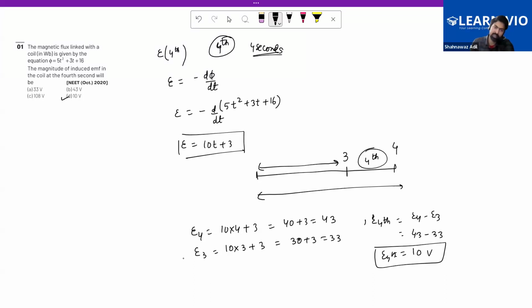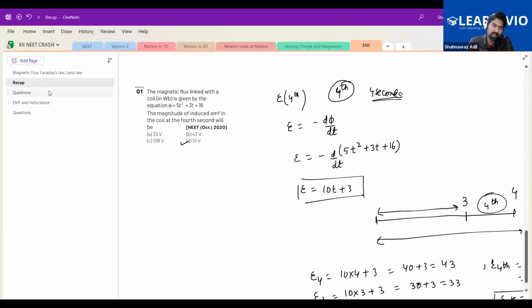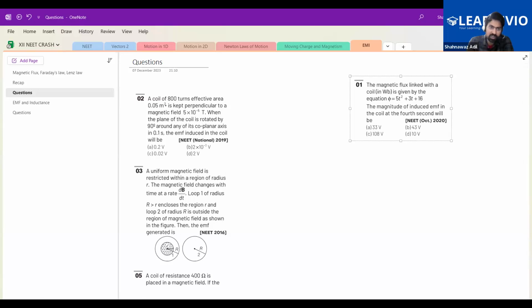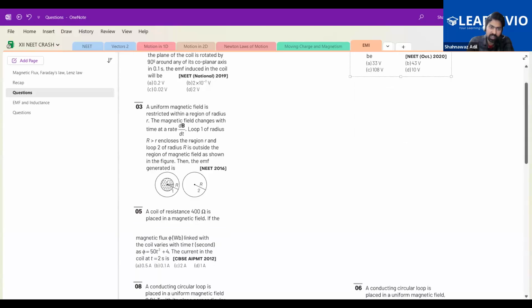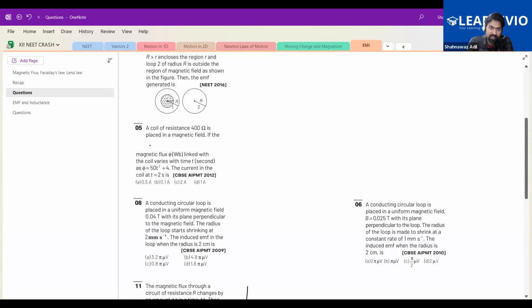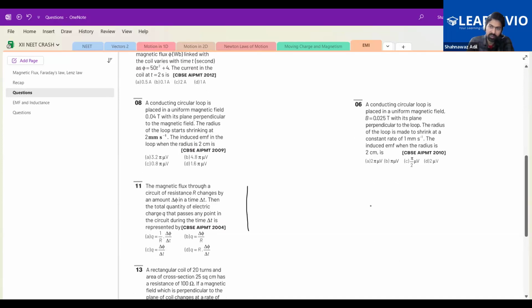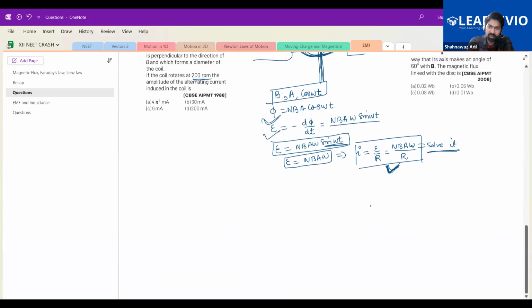So what is the issue? So now this is EMF generated using the change in flux as a whole, right? Now there are other methods as well. So one is that we can change. Okay, so 800 has kept magnetic field in plane uniform. Yeah. So this is the same question. Fifth one is the same question, and the radius of the loop is made to shrink. Yeah, this one. So we can do the sixth question, and then